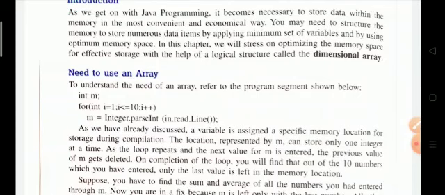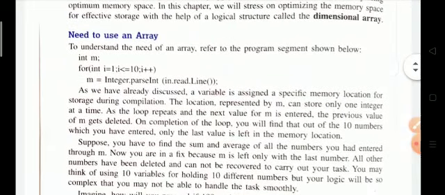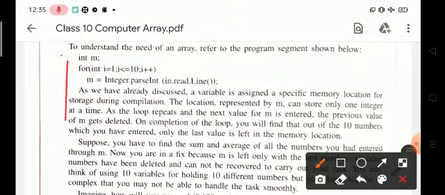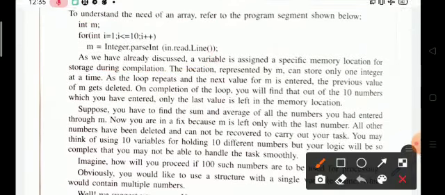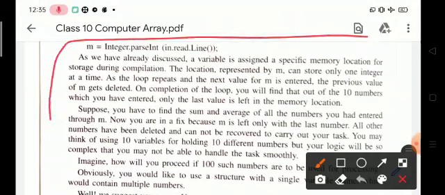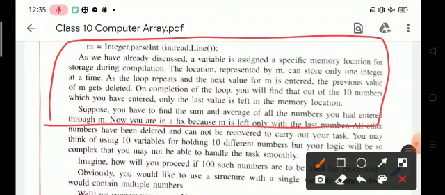Understand this concept with this example. Children, in this example, we have for int i is equal to 1, i less than or equal to 10, i plus plus, and m is equal to Integer.parseInt of readLine. As we have already discussed, a variable is assigned a specific memory location for storage during compilation.